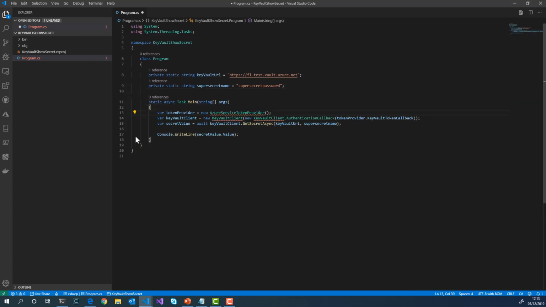Azure Service Token Provider is a very, very clever little construct. What it does is it will use my locally logged in identity, that I've logged in with in Visual Studio Code or in the Azure CLI, to log into Azure. So when I'm running locally, I'll log in as me. If I'm running in Azure, it will automatically look for a managed identity, and then it will use that instead. So the same code can run locally and use my identity, and run in Azure using a managed service